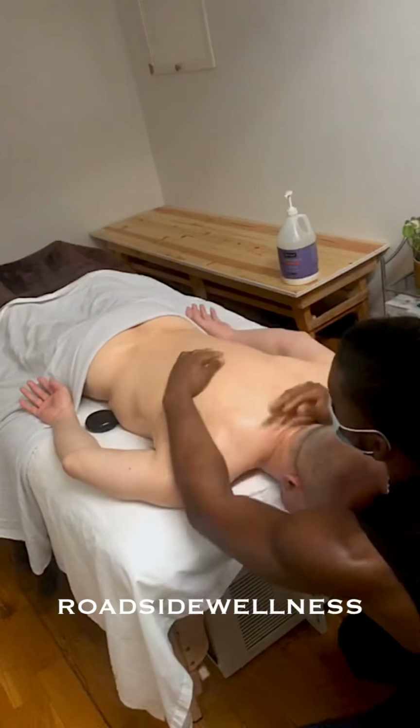Just walking the upper traps. Some nice relaxing flow. Lower back, okay? Taking gentle